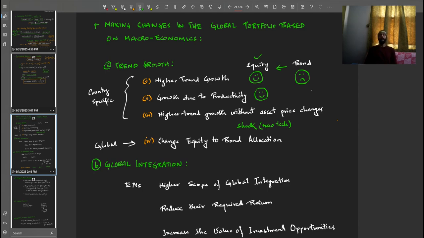The third point, higher trend growth without asset price changes, can be due to some kind of shock, maybe some new technology. For example, recently there have been multiple breakthroughs at multiple levels in the AI domain. Now what AI is doing is basically automating a lot of activities which were previously done manually, and that in effect is increasing the productivity without increasing the time required for that increased productivity. And obviously